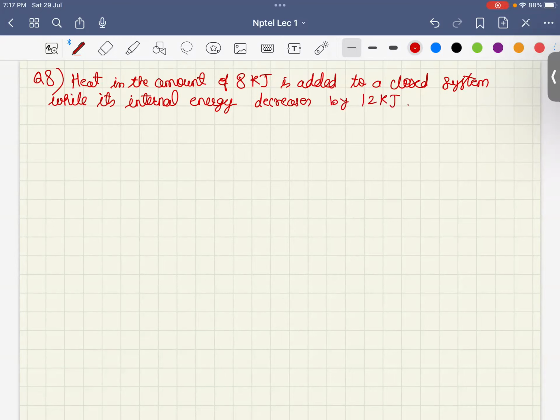Work done, then in that case, remember this is work done by the system,